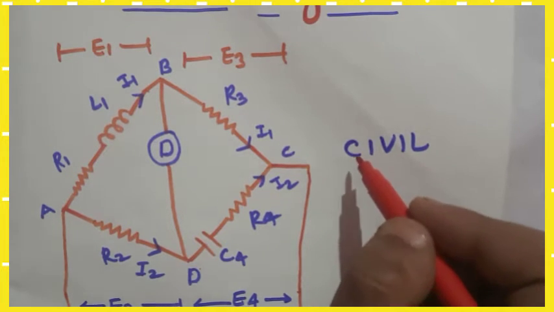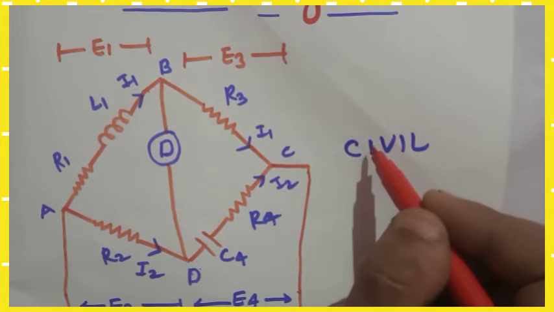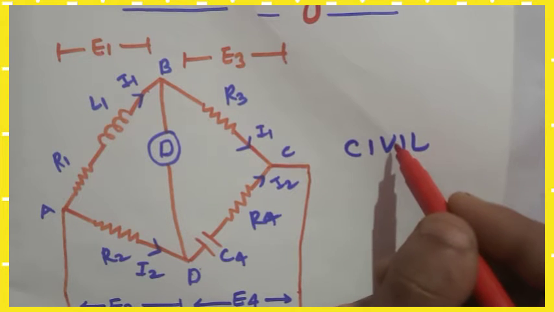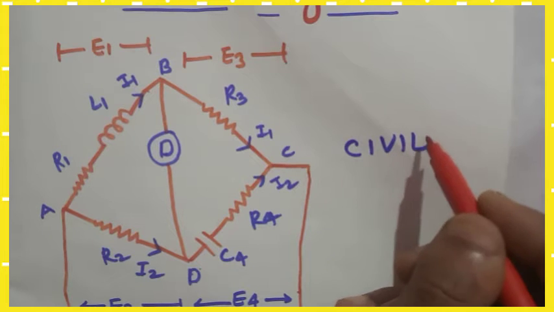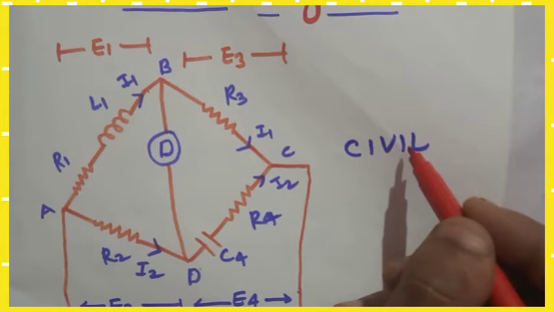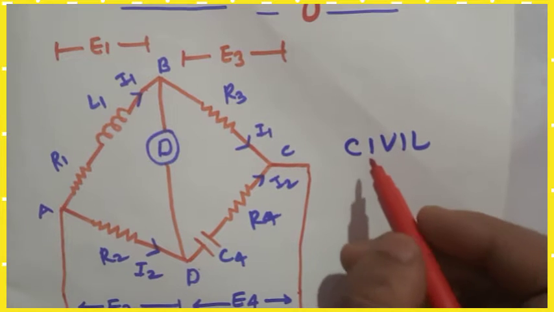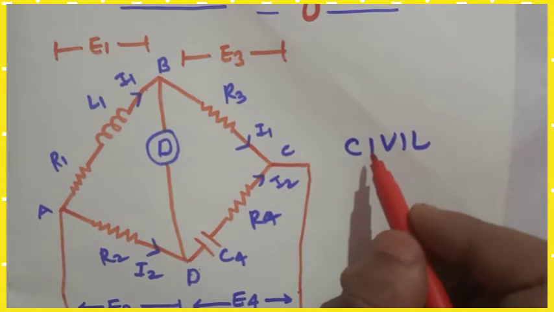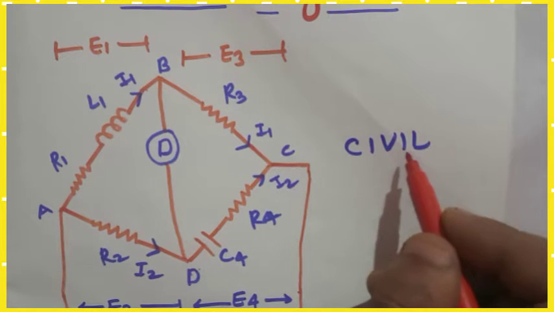Once again, in a capacitor what comes first is I, which means current leads voltage. In the same way, in an inductor the voltage comes first, then I, which means in an inductor voltage leads current. And don't get confused: C is capacitor and L is inductor, I is current, V is voltage.